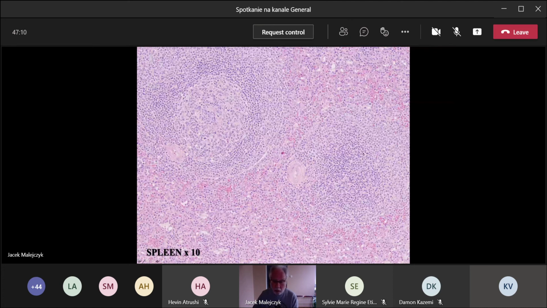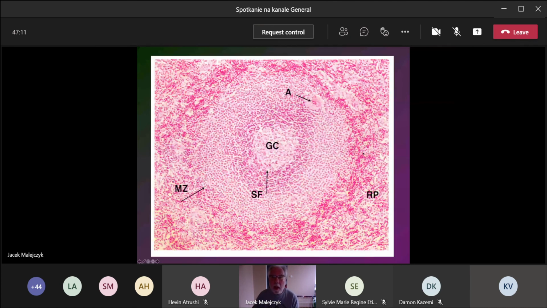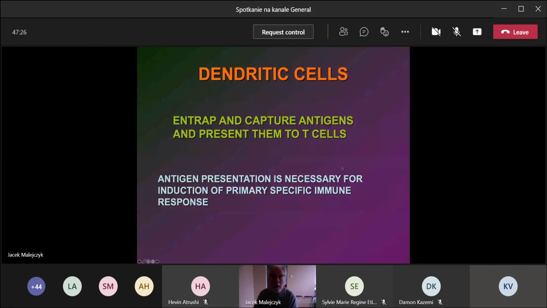Another lymphatic follicle here. And of course, always what we see are central arterioles. Another picture: arteriole inside the follicle, and around it some zone which probably may be occupied by the T